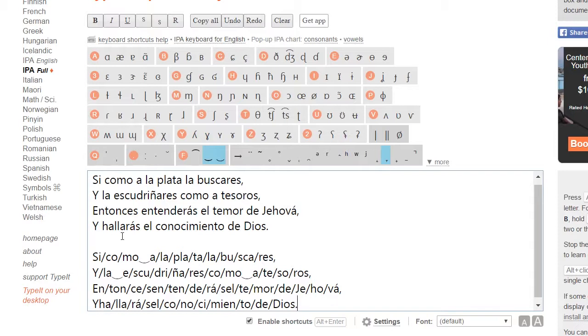Si como la plata la buscares y la escudriñares. Okay, so y la escudriñares como a tesoros, entonces entenderás el temor de Jehová. Ya hallarás el conocimiento de Dios. So that was each individual syllable, and I'm going to go ahead and practice this at 90